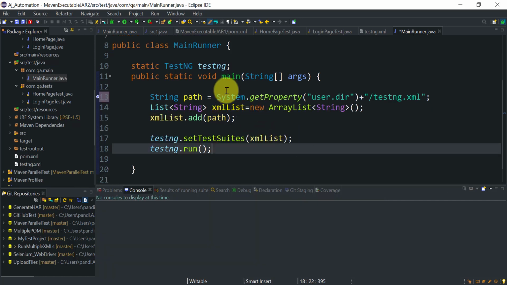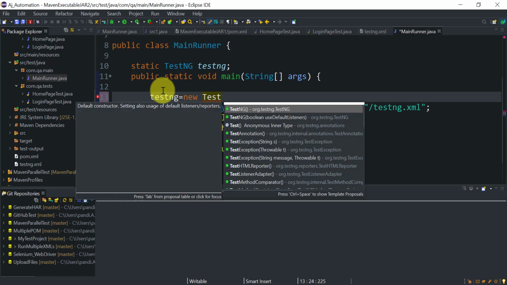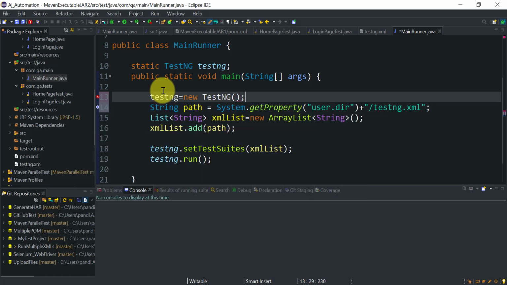Okay, I found the issue. We have just created the reference for TestNG, but we have not created any object for it, right? So here we need to create the object first: TestNG reference equal to new TestNG. That's why we got the null pointer exception.